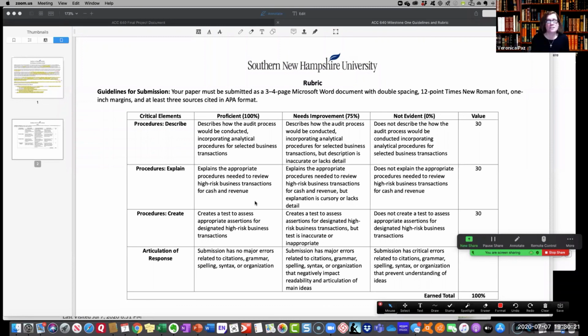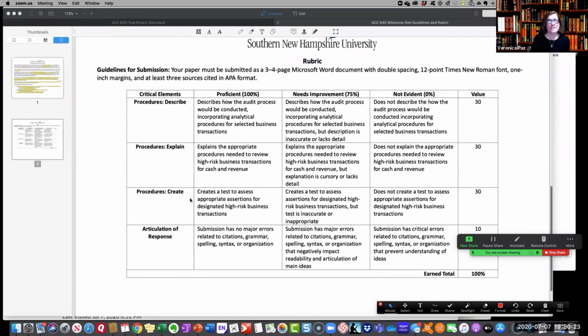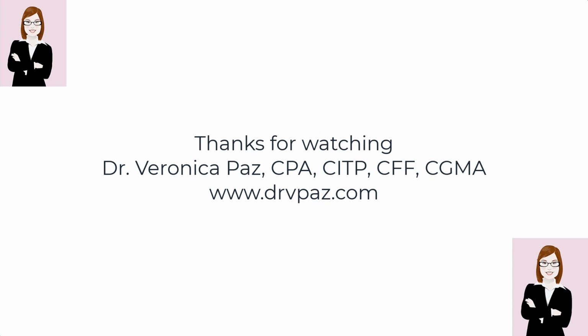So you're giving some explanation as to that. And then substantive testing here, or test of internal controls, but I would say substantive testing is probably more accurate here, but that doesn't mean that internal controls is not. So it's not mutually exclusive, but you want to make sure that you're giving ample detail. So I know I went through that quite